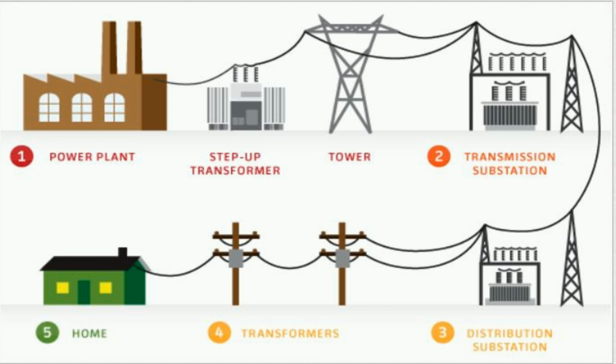We will now look into the diagram which covers from generation to distribution. At point 1, the power is generated from power plant, and through step-up transformers the high voltage power is transmitted up to transmission substations. You can see at point 2. And from there the voltages are stepped down further and transmitted to distribution substations. At point 3, where the voltages are further stepped down and transmitted to consumer end.